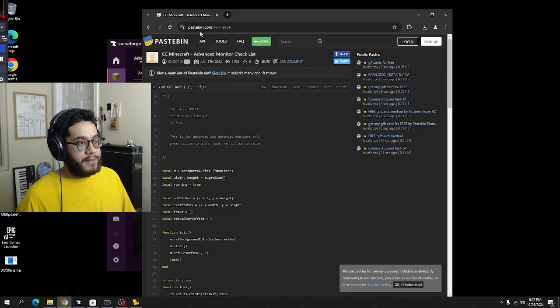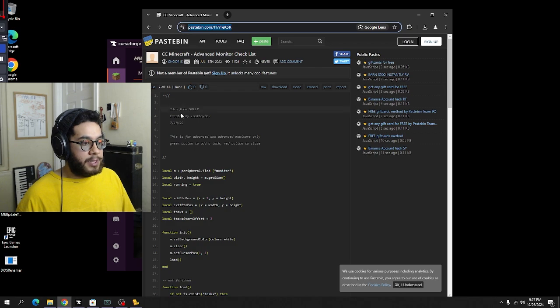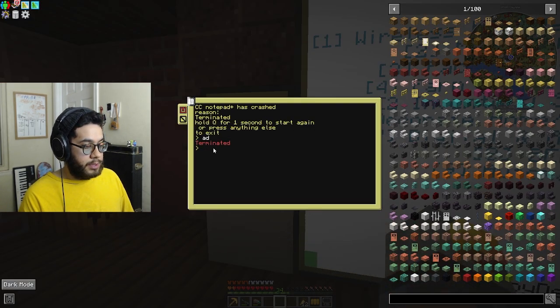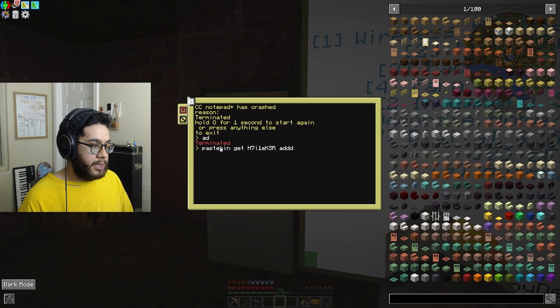I looked in Google and I found a Pastebin website with this code. What I did here was I copied this URL, just the end. So the way you do it is, you would type pastebin get, and then you would paste that code here, and then you give the program a name. So this is the website, and you're getting this file, the code, and then this is the file program name that you want to run. So it says downloaded ADD. So if I type in ADD,